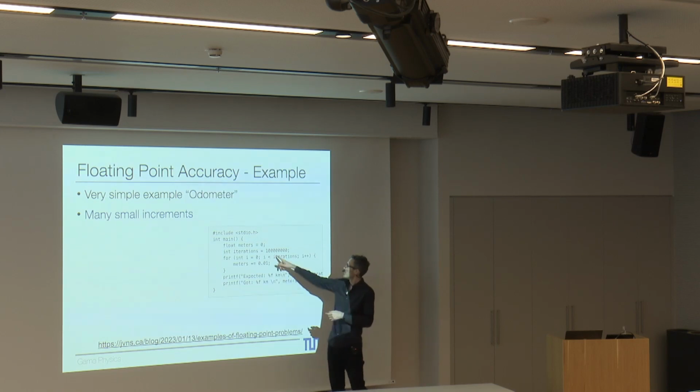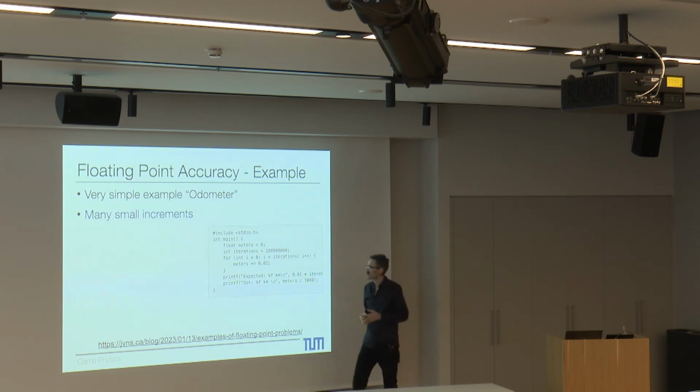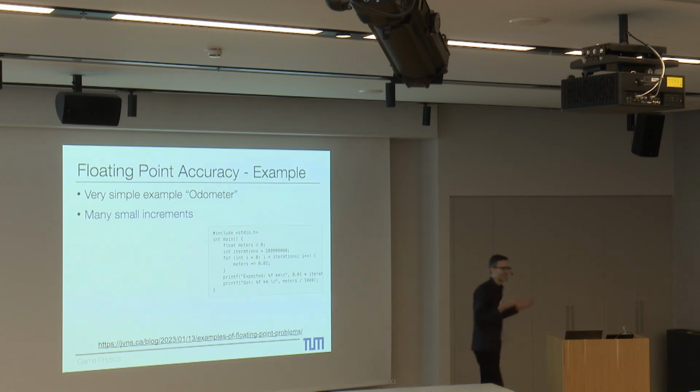And now we're making 100 million of these steps, right? We are adding 0.01, so we'd expect to cover 1 million meters after all of these iterations. And then interestingly, if you run this, you're not getting 1 million, but